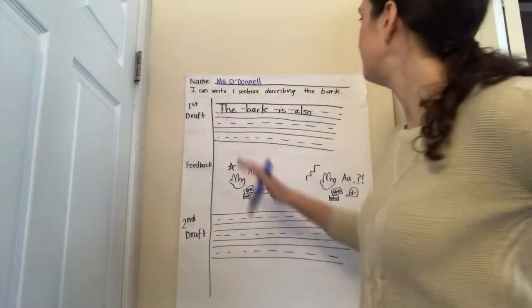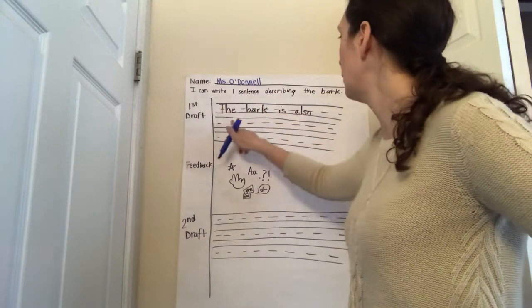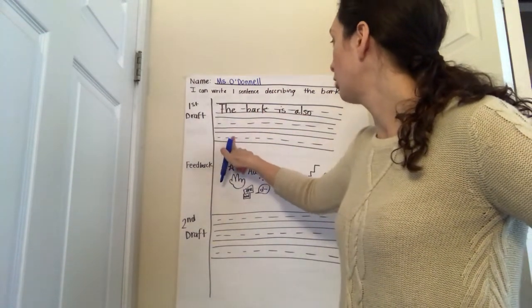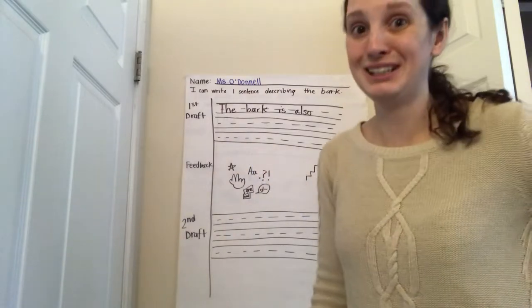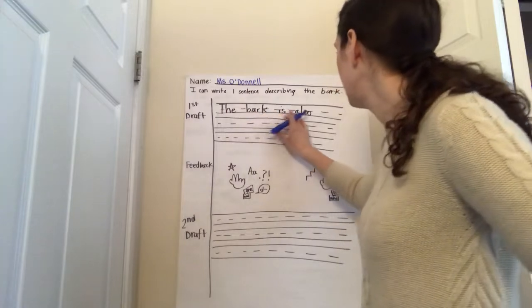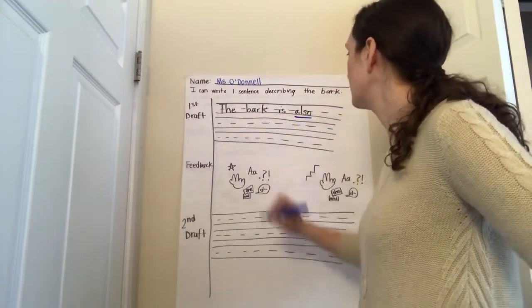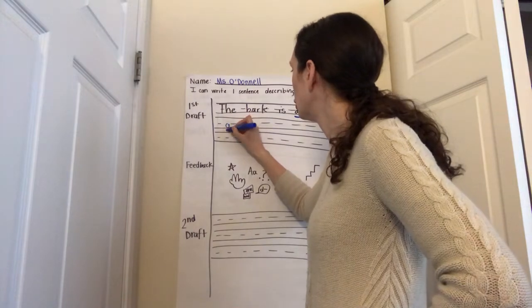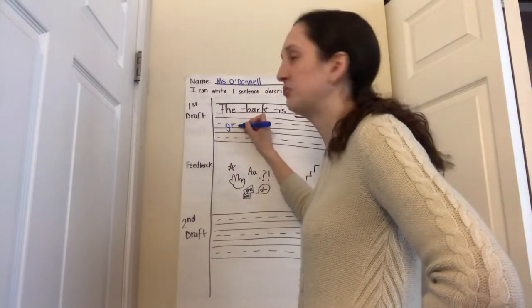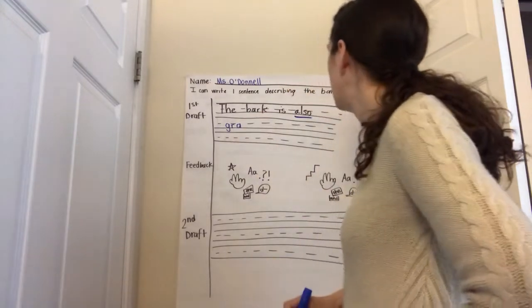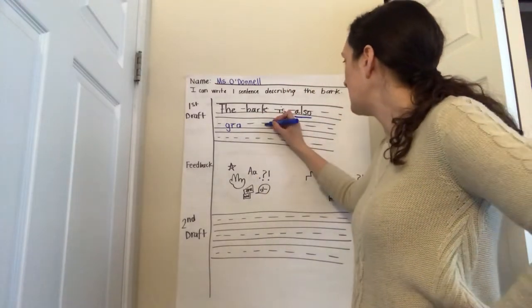So I'm going to write, the bark is also gray and has sharp thorns. Whoa, I'm going to try to write a lot about this bark. All right, let's get started. The bark is also, remember there's that new word, gray. A sounds like the letter A. The bark is also gray and